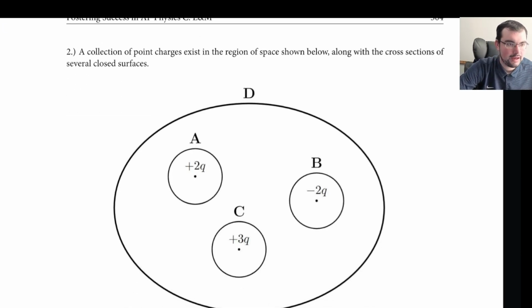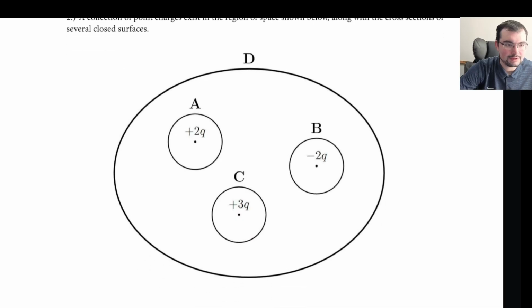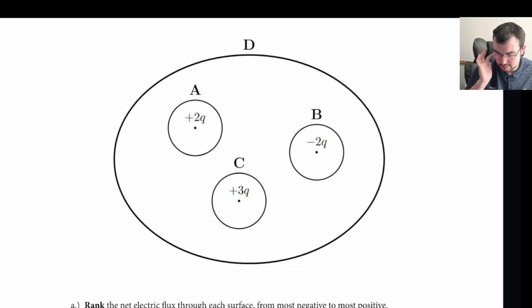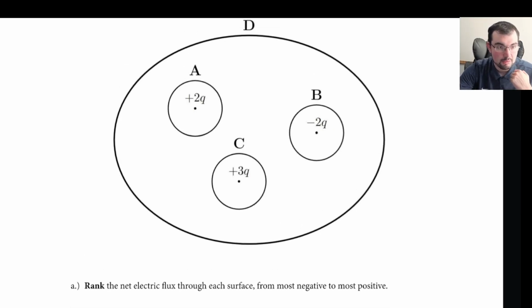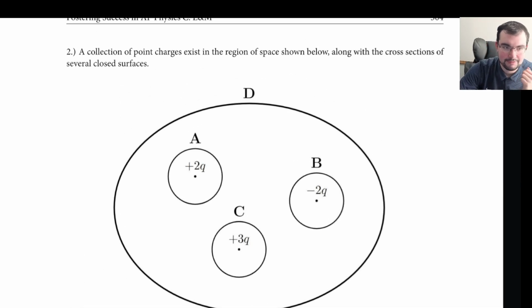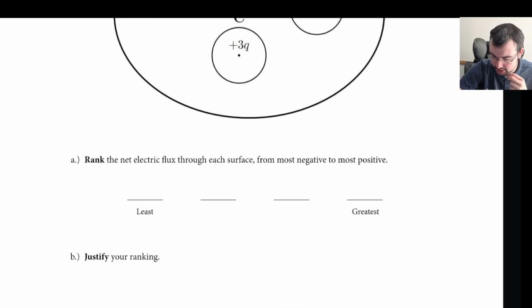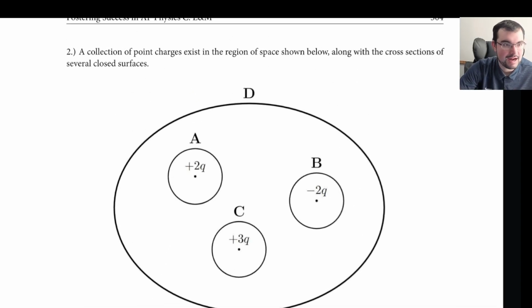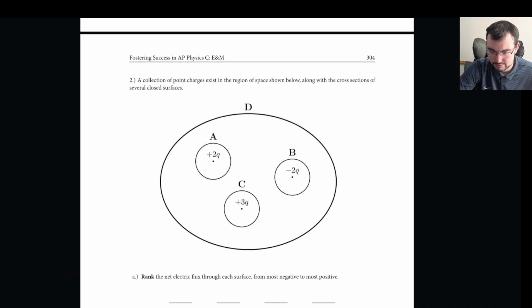So I've shown some cross sections of surfaces here. I have all these charges that exist in space. You could consider maybe these are spheres, a sphere here, a sphere here, a sphere here, and then there's a big enclosing ellipsoid. And we just want to rank the net electric flux through each of these surfaces from most negative to most positive. I didn't have to give you any parameters about these surfaces because we know from Gauss's law,